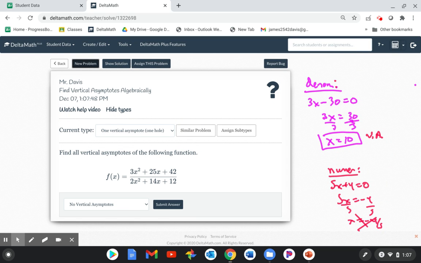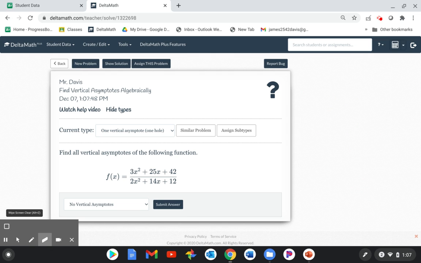All right, here's where we get into the hard ones. All right, let's start with the denominator. Here's where you've got to bust out your factoring skills. When you set the denominator equal to 0,